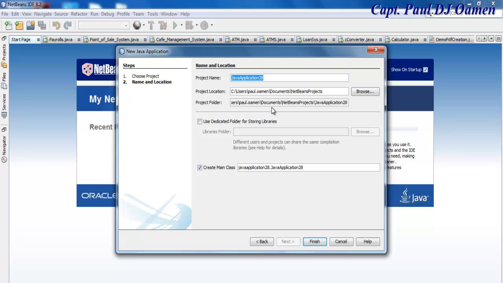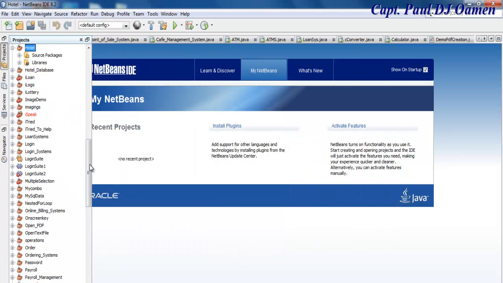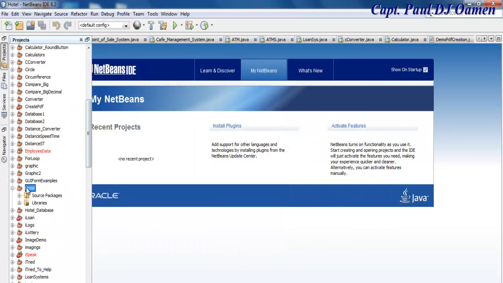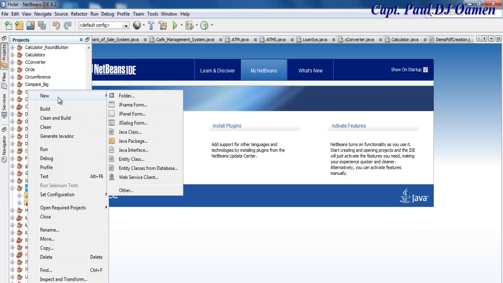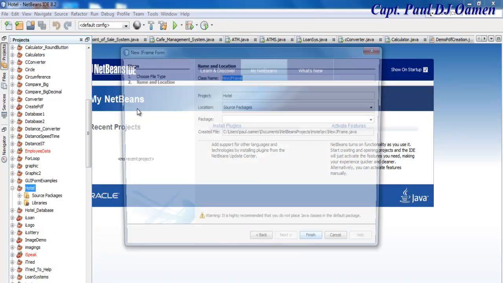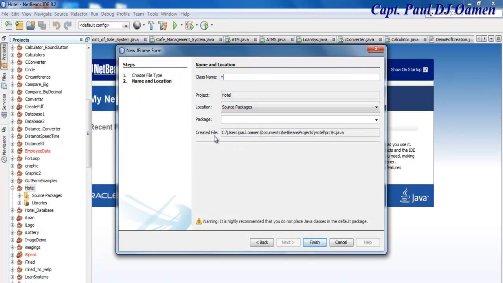Now let's give that a name. We call it Hotel. I'm going to uncheck that. Let's click on Finish. And right here we now have our file ready. Right click on it, select New, JFrame Form, click on Next, and then let's just give that a name, Hotel